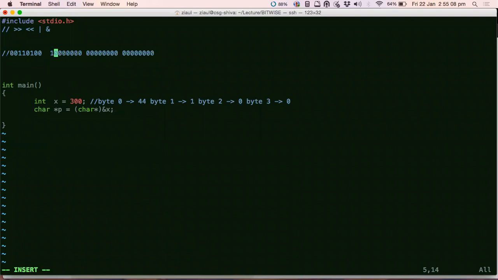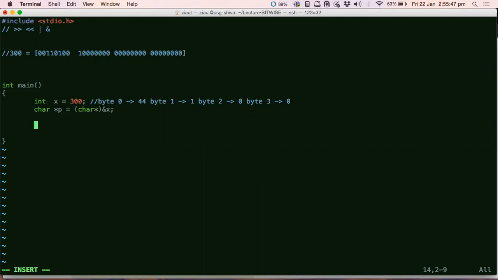Okay, so I have the number 300. I'll be putting it down nicely. And this is how the number 300 is stored in memory, from byte 0 all the way up to byte 3. So I broke the number 300 into bytes. Now I want to look into the bits. There is no way I could break the byte. Remember that. I cannot break a byte. I can only look into the bits. How do I look into a bit now?